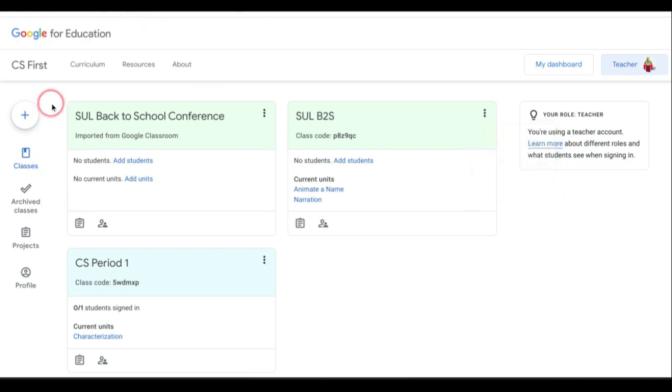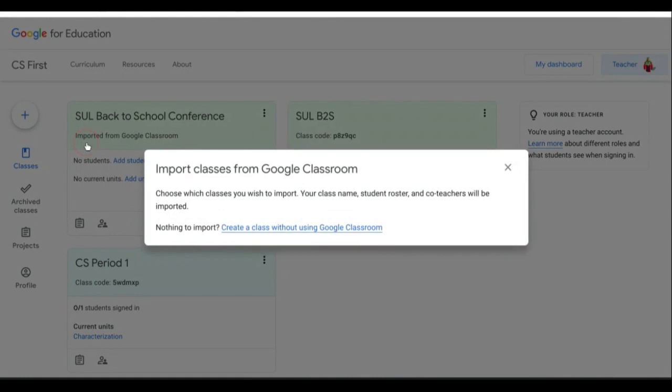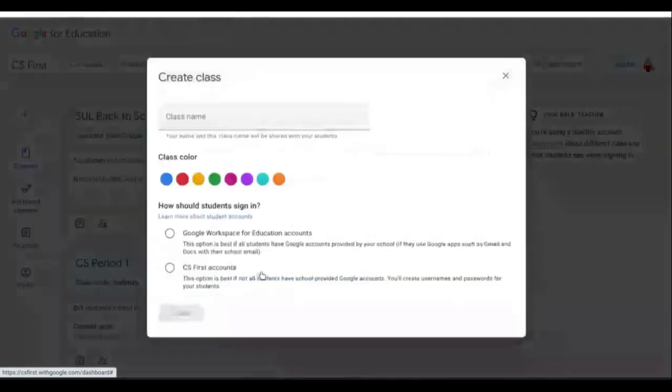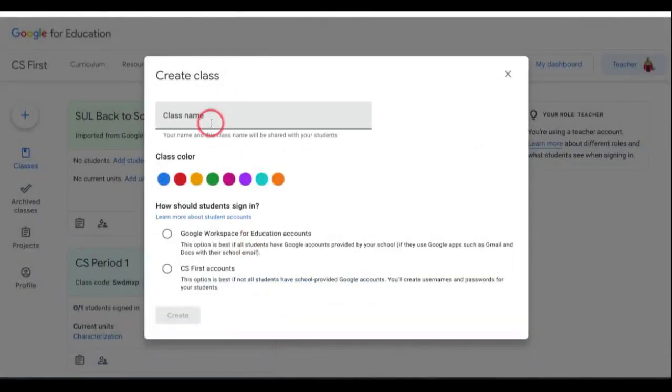So what I'm going to do is we're going to create a class from scratch. So I'm going to click on the plus sign and hit create. All right, and I don't want to import any classes from Google Classroom. I just want to show you how to create a CS First class in case you're not using Google Classroom. So I'm going to click here, create a class without using Google Classroom, and I'm going to give it a class name. So I'm just going to call this Demo